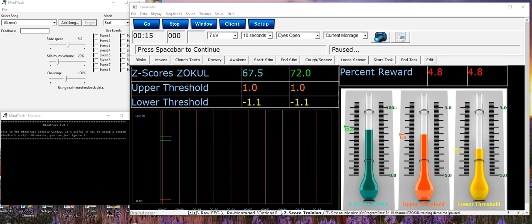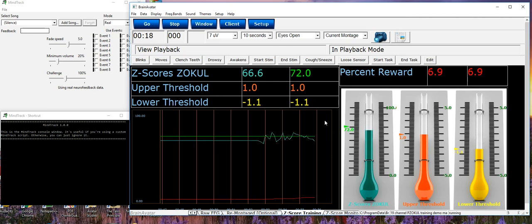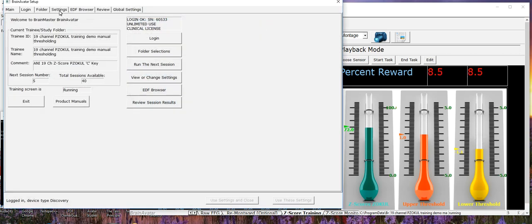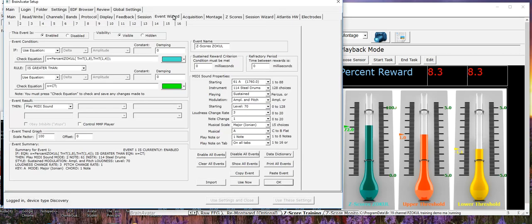So generally in MindTrack, and I'm going to demonstrate this for you in a PZOKUL, I had this on pause. I'm just going to start it. And you'll hear the usual PZOKUL feedback that's set in the default script. The first thing you need to do is click on Setup, Settings, Event Wizard, and event 1 is the event that the PZOKUL runs off of, and we have a MIDI